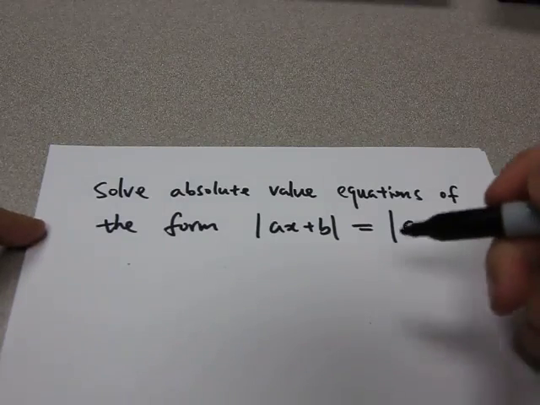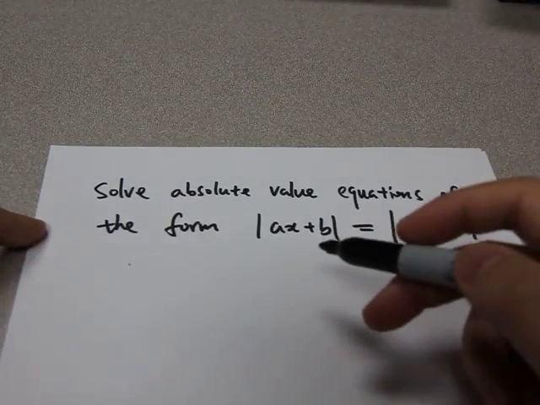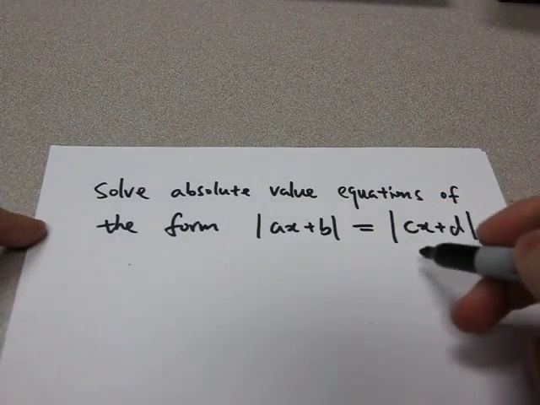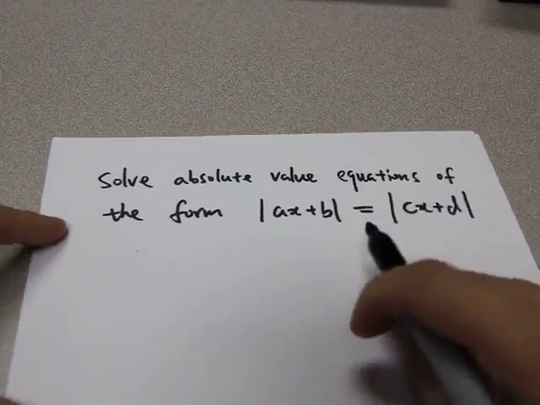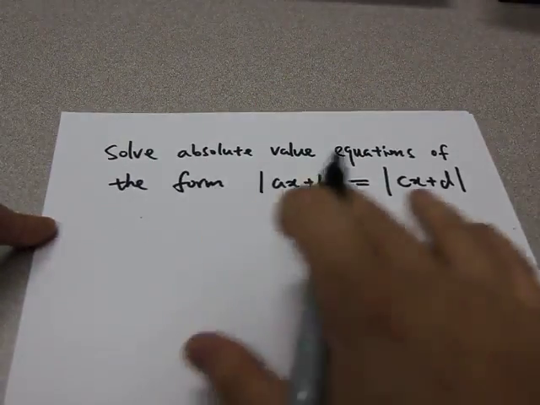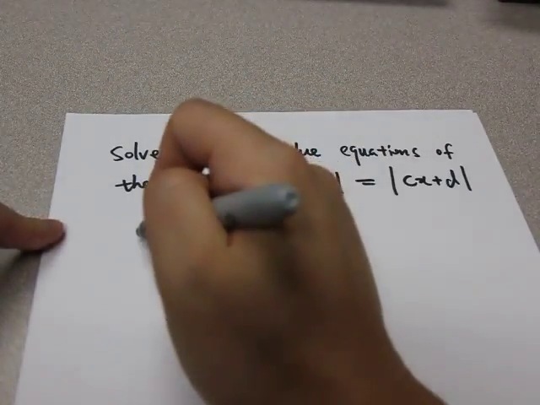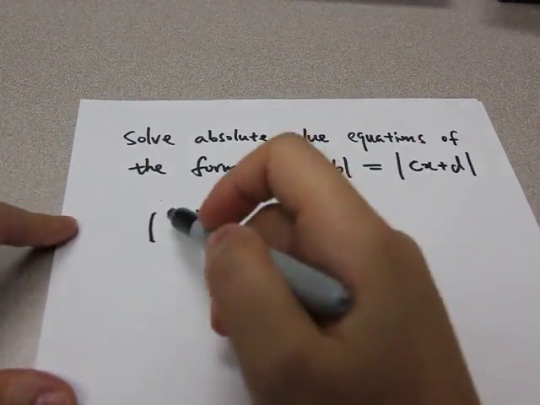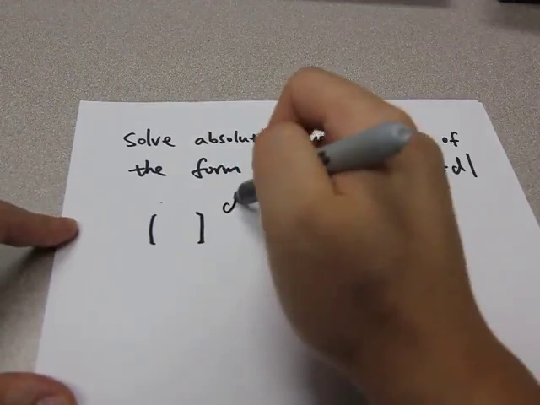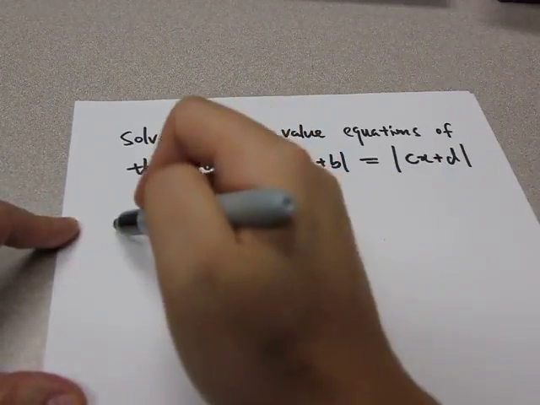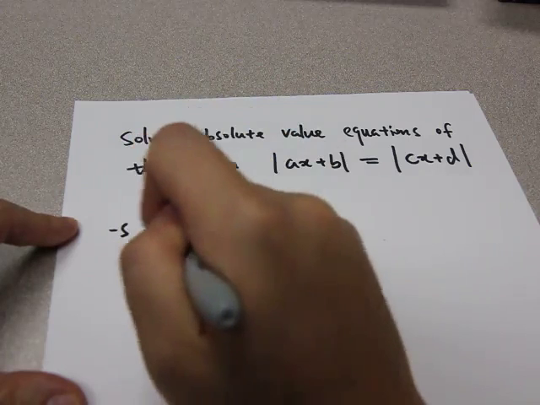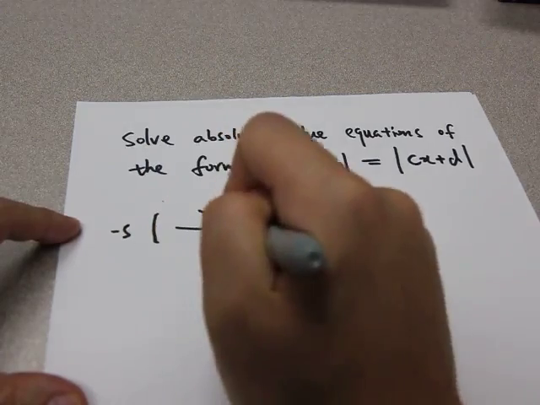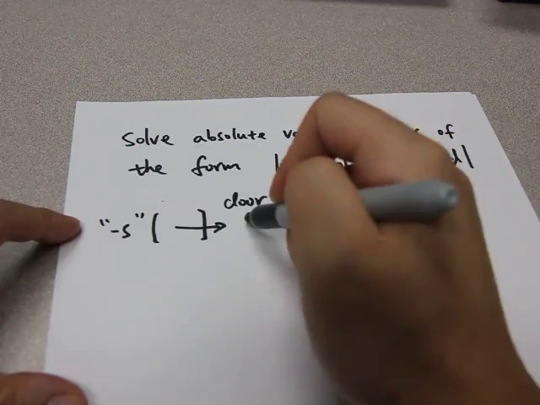In this video, I will show you how to solve the absolute value equations of this form. Now we have two absolute values and one is on each side. To help you to understand how to solve this equation, let's think of the absolute value as a door. It's a magic door, and when a negative number passes through this door, this negative number will become a